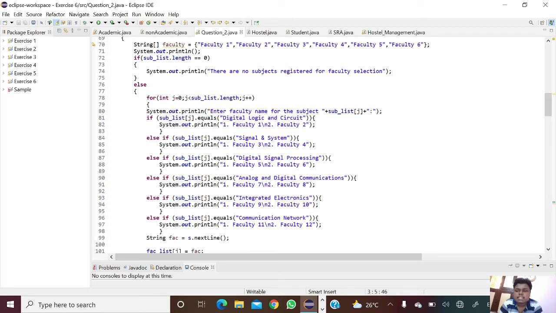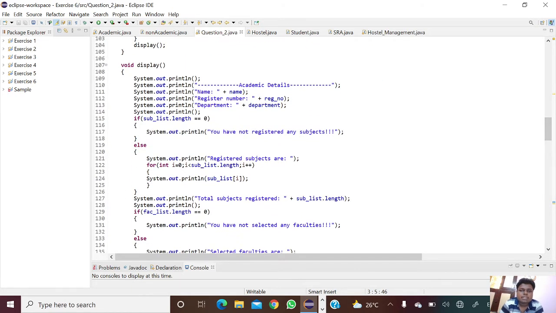If you give digital signal processing, it will ask faculty 5 or faculty 6. If you give analog and digital communication, it will ask faculty 7 or faculty 8. If you give integrated electronics, it will ask faculty 9 or faculty 10. If you give communication network, it will ask faculty 11 or faculty 12.